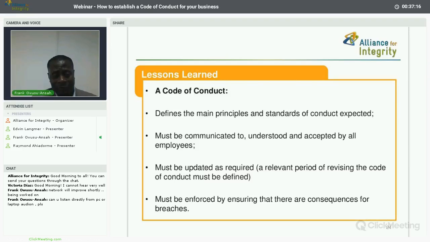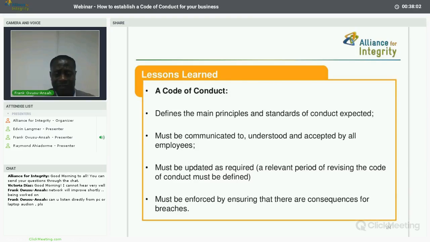Now, having ended from that point, for the sake of time, I want to summarize that so far, we've looked at what a code of conduct is. We've gotten to know the benefits of a code of conduct. We've seen the definitions, which means that it defines the main principles and the standard of conduct expected in an organization. Yes, owners, principals, directors set up companies, and they expect to achieve some objectives. But you cannot achieve such objectives if there is chaos in the organization. So they seek to use a code of conduct to get employees to behave in a uniform way. Again, it must be communicated to